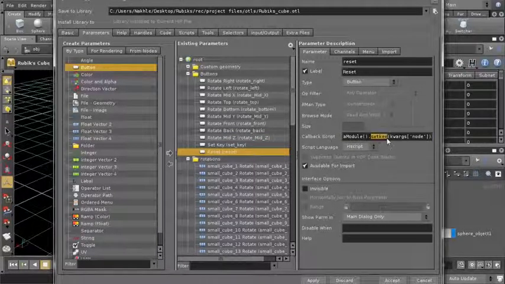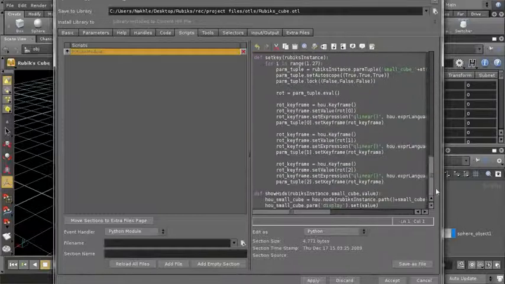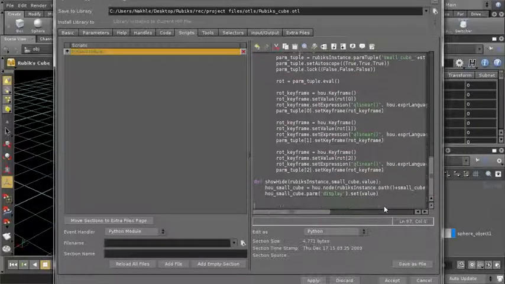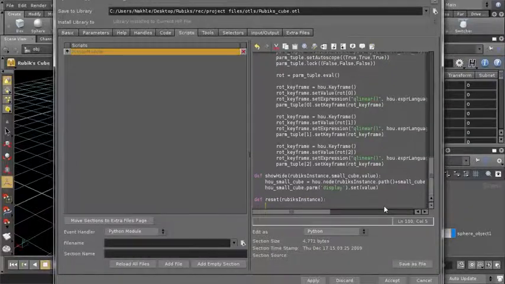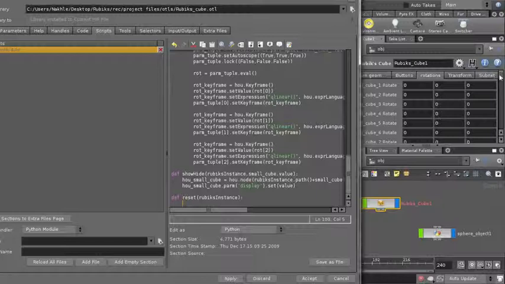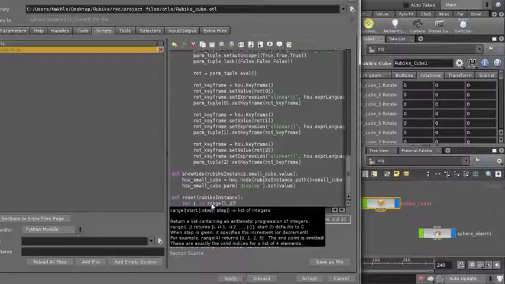Instead of set key, we're gonna call the function reset, and it will need the instance of the Rubik's Cube, so I will leave this kwargs node here. I'll hit apply, and then I will go to my scripts tab, and here I will create my reset function. So I will type def reset, and as we said, we will gonna need the Rubik's instance. Then what this function will do is it will loop through all of those parameters here and set them to 0. So I will begin with a for loop for i in range 127